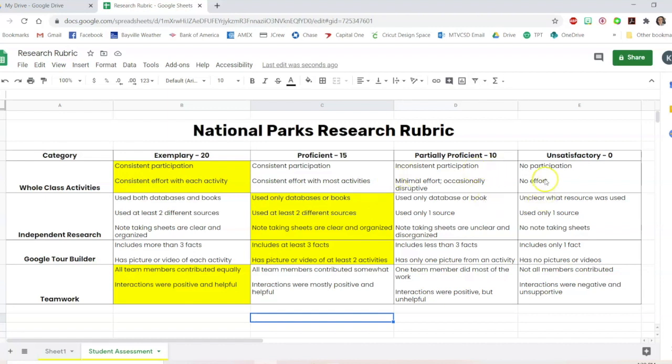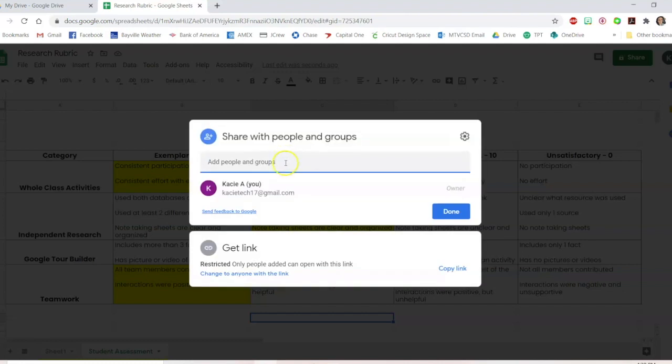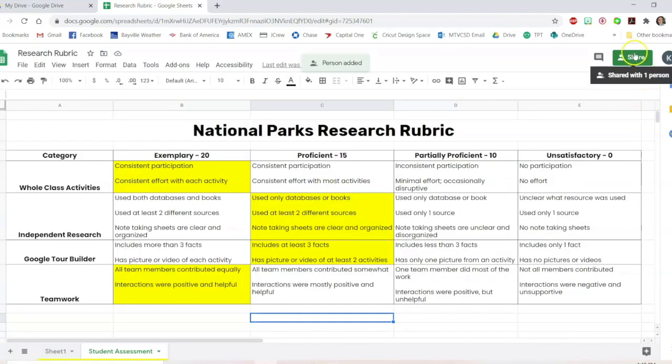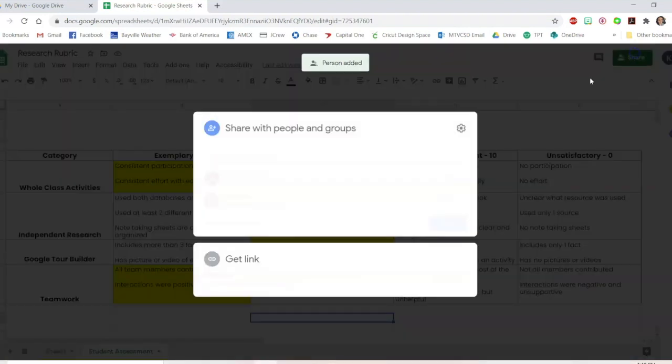So similarly to Docs or Slides, you go to Share at the top right. You can add an individual student by email or several students if it's a group project. Just search for them, make sure that they're in there as an editor if you want them to be able to edit, and it will invite them in, or they'll be able to find it in their Shared With Me